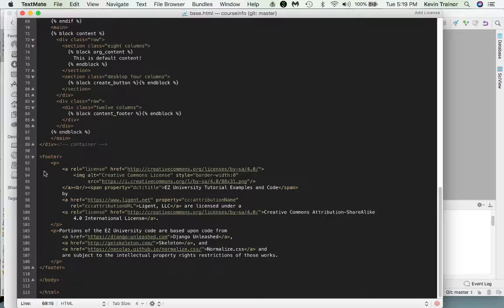the other thing I did is down in the footer, in addition to the code that we had before, I put a little bit more information about the fact that we're using code from the Django Unleashed book. We're using code from the skeleton framework. We're using code from the normalize framework, and that those belong to the people who provided them. Okay, so that's the base